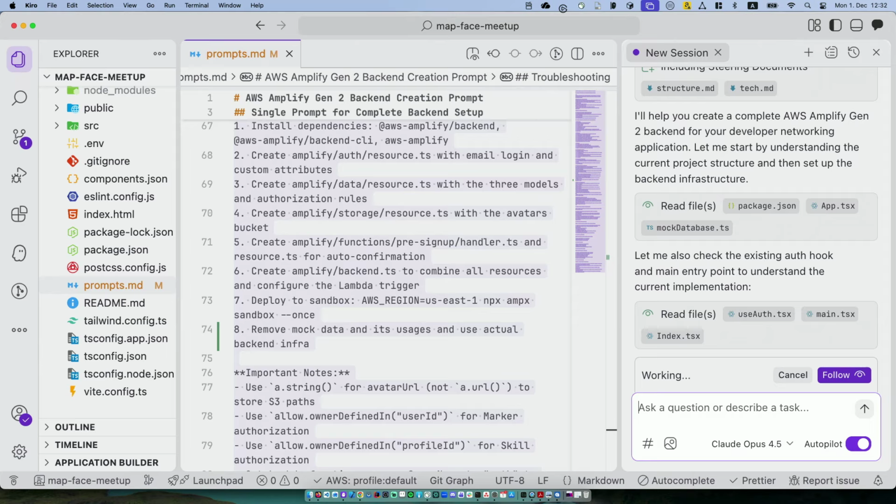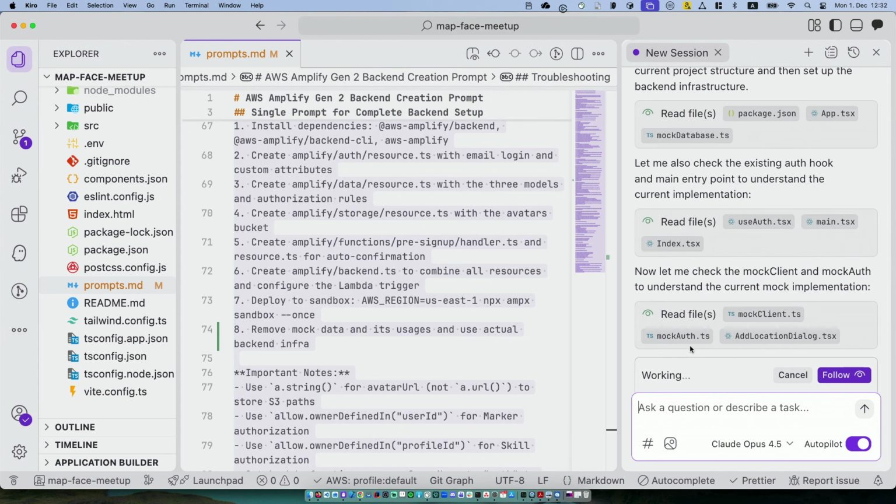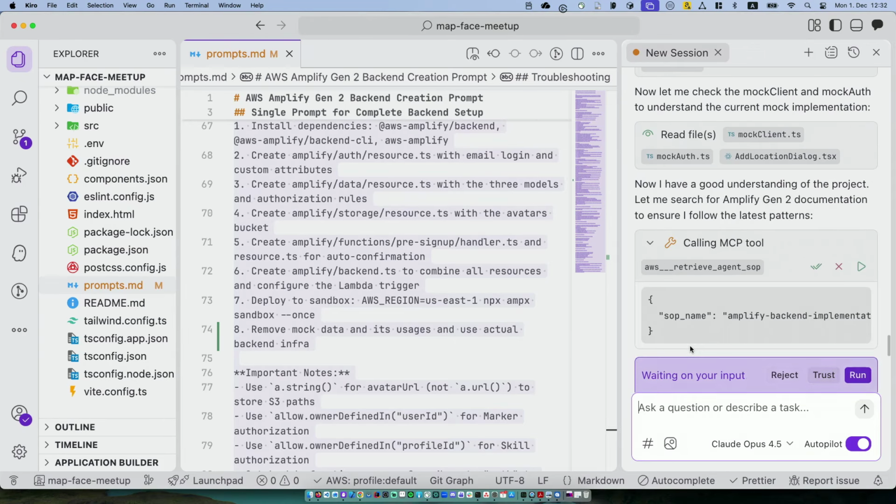So I started the session, right? What it does is it takes everything and first it goes through the application. It tries to understand what it needs to do. For this, we have something we call in Kiro steering files. Steering files give information about your application to the agents, so they don't need to read every single file, but they would have an understanding of what they need to do. And in here, it reads everything. It checks more clients, so it knows what it needs to change and what it needs to remove later on as well. So the next thing that I want to show is, as you see, it calls something called SOP over there.